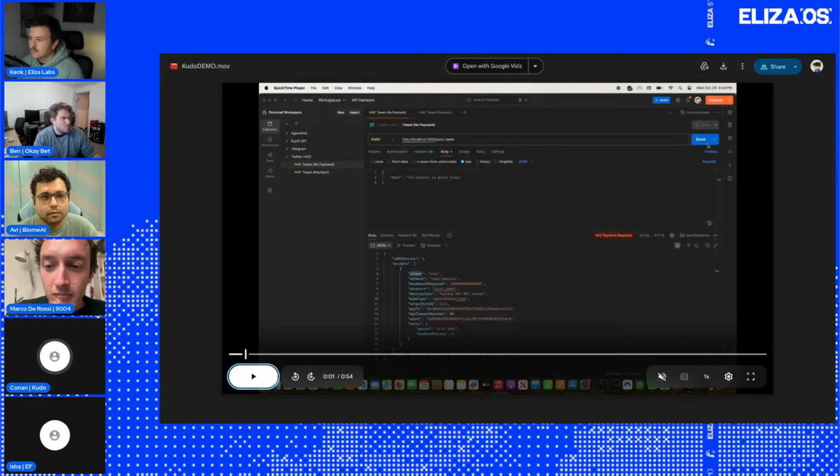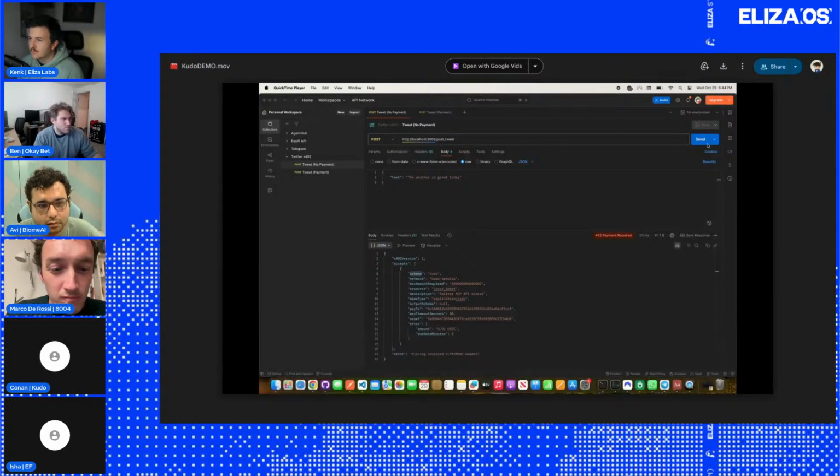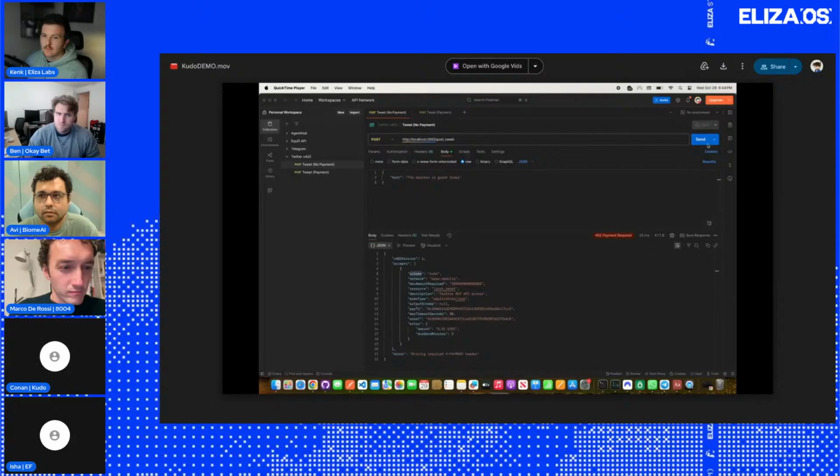Okay. So this is an MCP server that we built just for the purpose of this demo. The main capability of this MCP server is to post a tweet. And this MCP server is actually gated by X402. The slight difference is that typically X402 accepts USDC or other tokens, but in this case, it is also accepting Kudo's covenant NFT of promise of future payments as a form of payments for this MCP server, right?